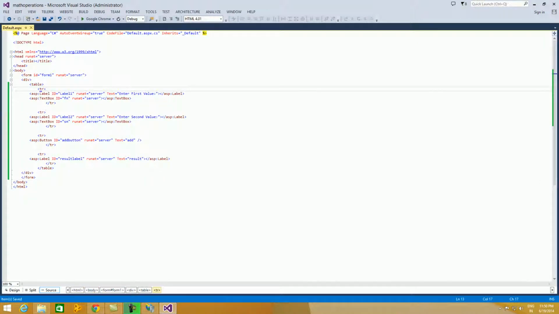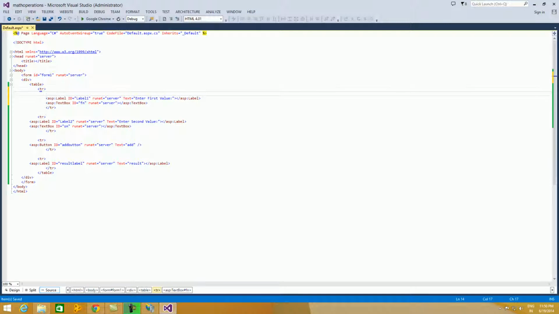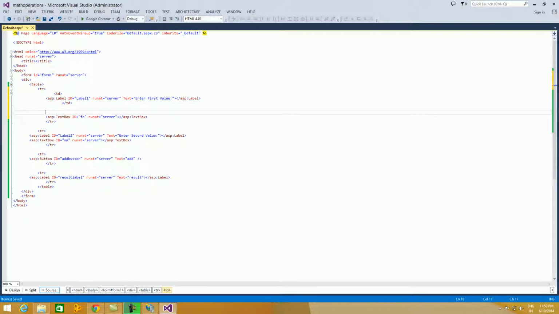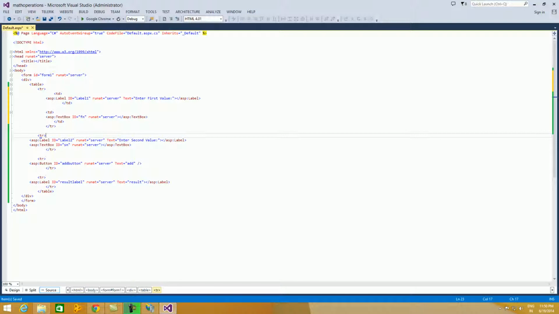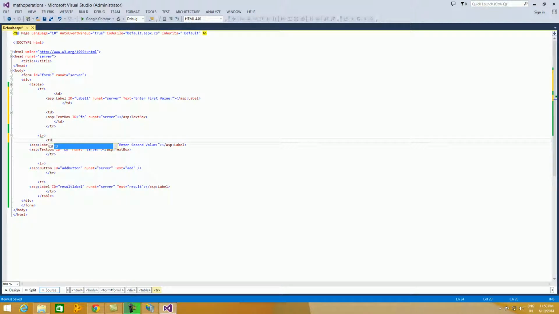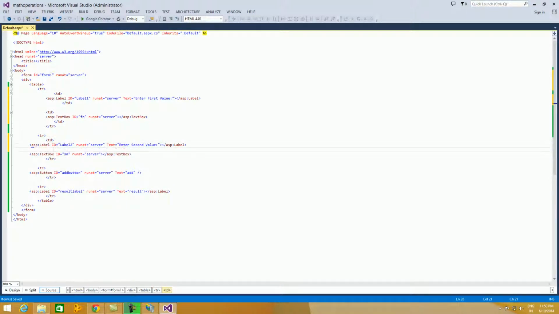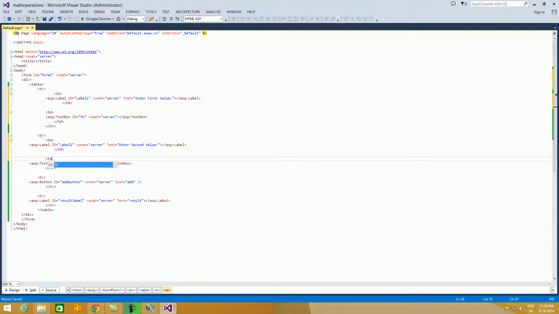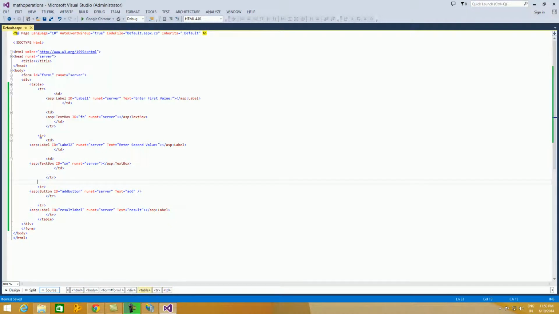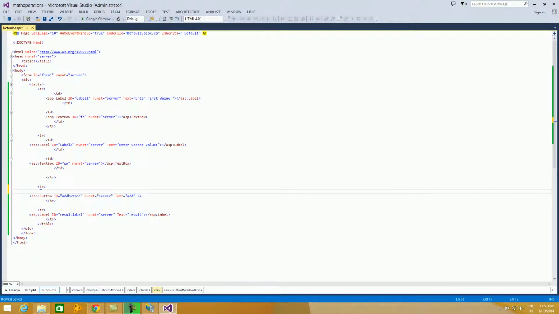Now for each control, we'll add them in a separate cell. So to create a cell inside a row, we have to use TD. So for label and text box, I'm using a separate cell. So in the first two rows we have two columns.